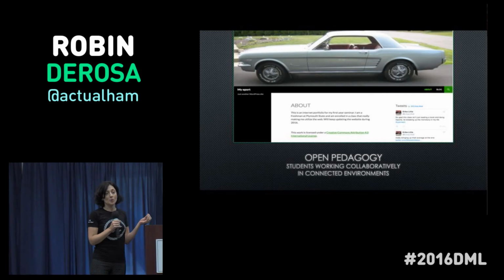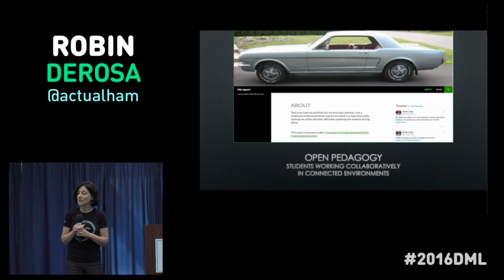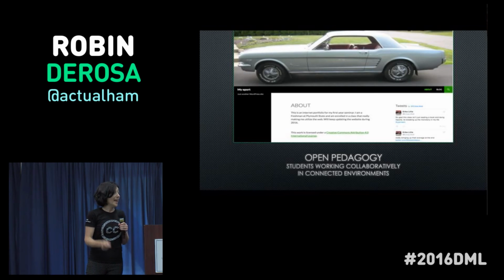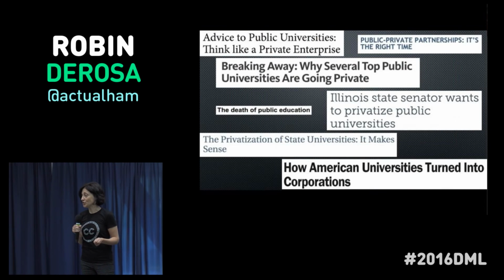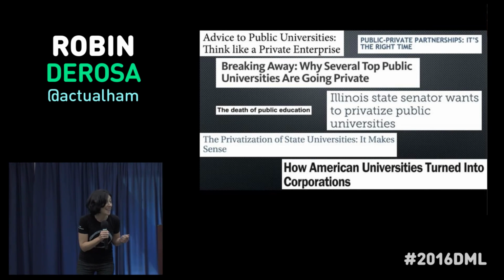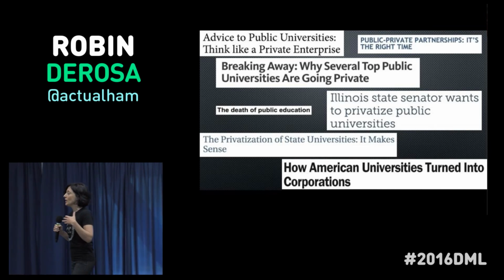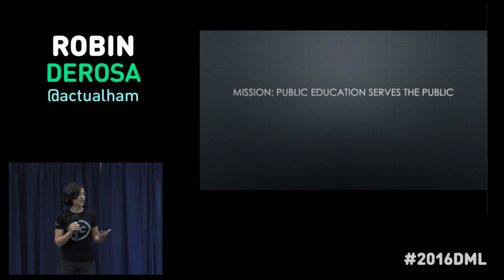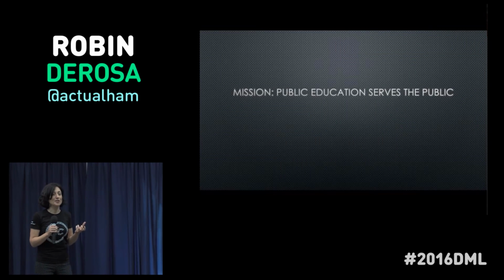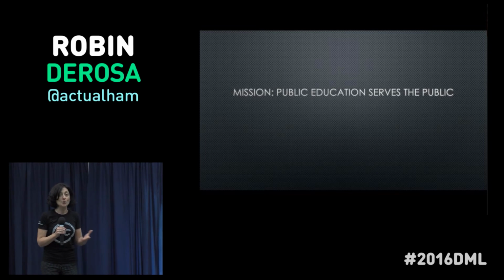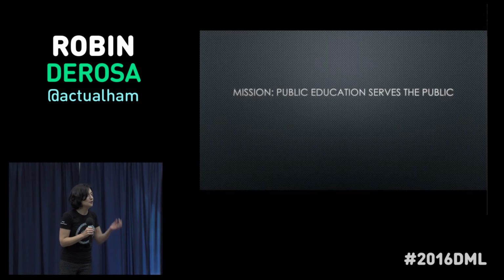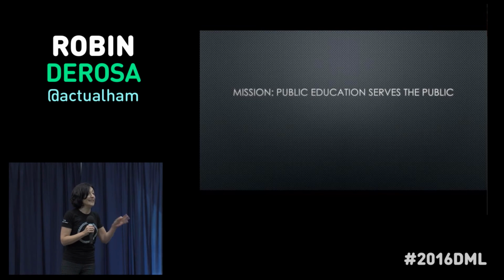We can rethink our pedagogies so they connect our students with the publics to which they belong and the publics that belong to them. Because we can't save public education by privatizing it. We can't save public education by privatizing it. So the question becomes, how do we talk about this mission for public education? I think we know that public education is special and that it has value, but we haven't yet developed a vocabulary for talking about what that looks like on the ground and in practice.